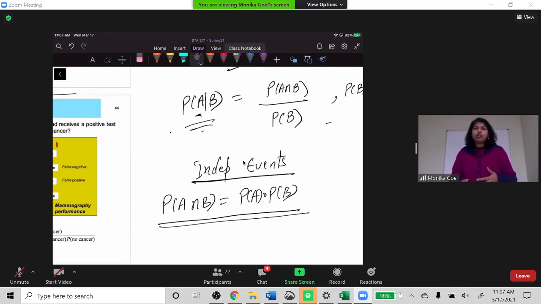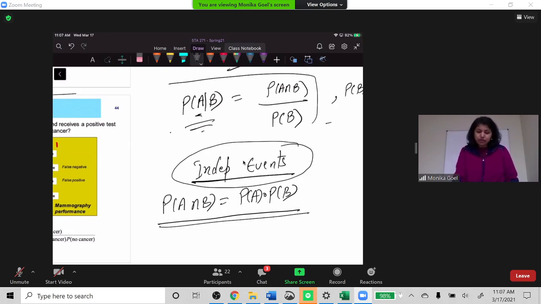So if we are talking about conditional probability, but at the same time we have more information that these two events are independent. So this is the formula that we use for conditional probability. But when we know that these events are independent, they're not going to affect each other. If the probability of B is given to me or not given to me, it's not going to affect.